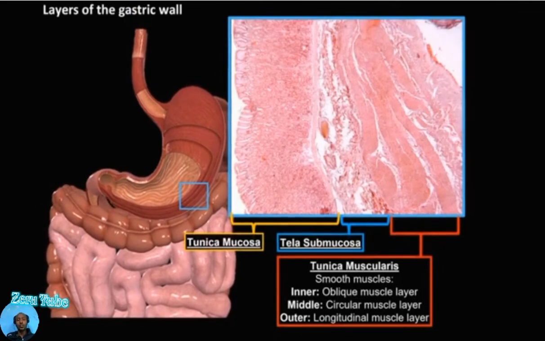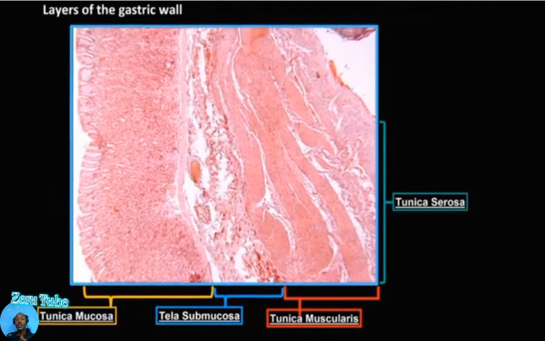Generally, the tunica mucosa is the most inner part, the tela submucosa is the middle part, and the tunica muscularis is the outer part, but the most outer part of the gastric wall is called the tunica serosa. The tunica serosa is mainly formed from the peritoneum. These structures are formed from the peritoneum; the tunica serosa is mainly formed from strong connective tissue and the mesothelium of